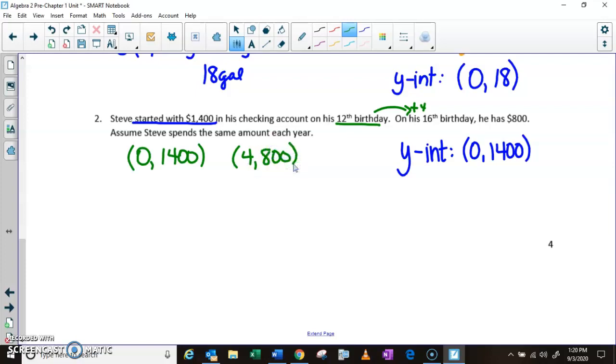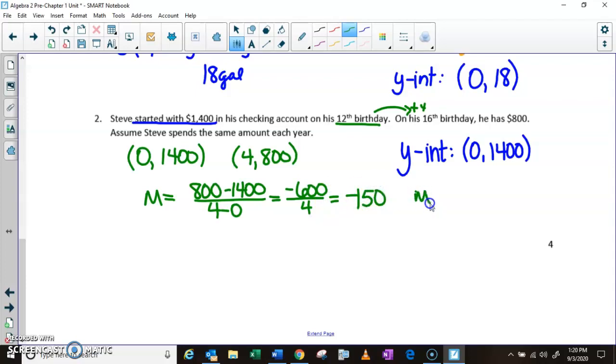So I'm going to write them as ordered pairs. And now from our last lesson, we know how to find the slope or my average rate of change given 2 points. I find the change in the y's, 800 minus 1,400, over the change in the x's, 4 minus 0. So 800 minus 1,400 is -600. 4 minus 0 is 4,